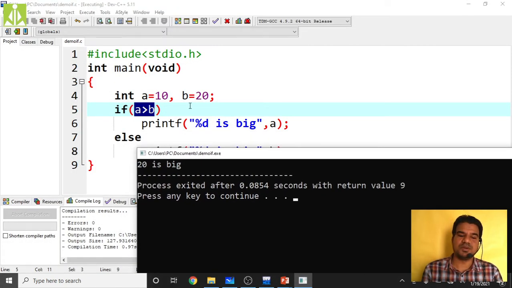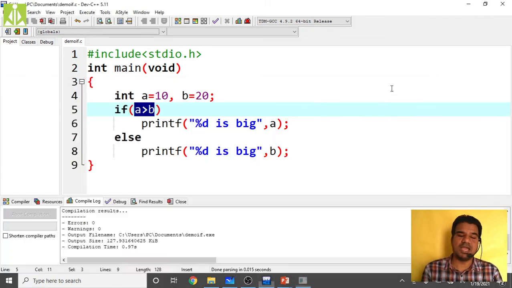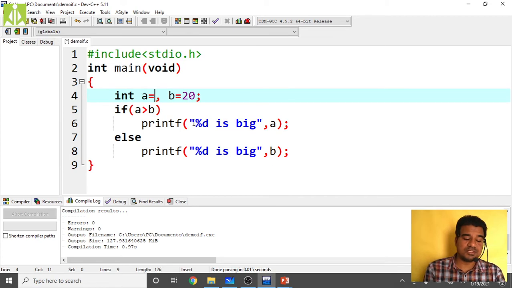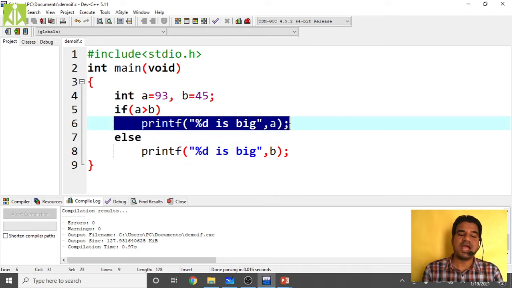b is big. It is printing accordingly. Take some different values for your understanding and make a big. I'm taking 93 as my a value and 45 as the b value. In this case, the b value is small and the a value is big. So when I say a greater than b, this condition becomes true, so the true block will be evaluated, and I will get a as big.